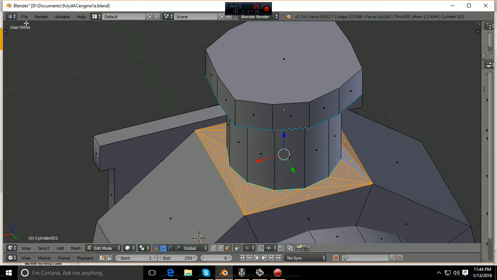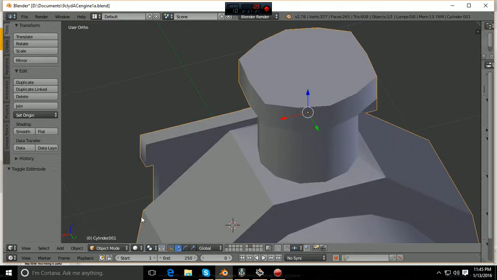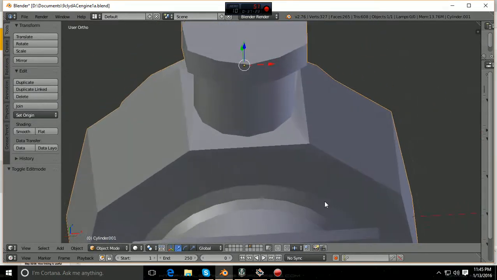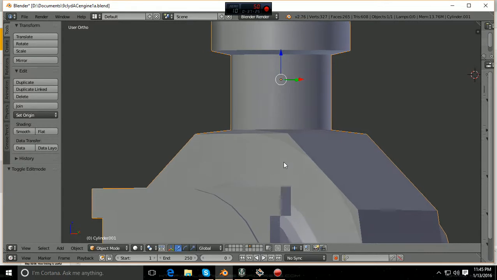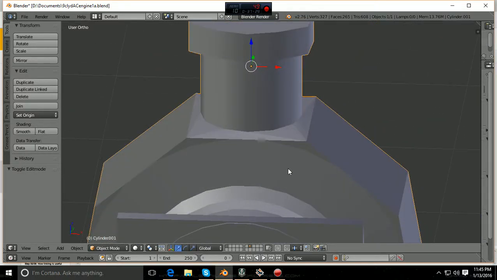And let's go to the T. Let's go smooth the faces. And let's look at object mode right quick. Okay, it's smoothed them, but yet you still see the lines, but the lines don't seem as